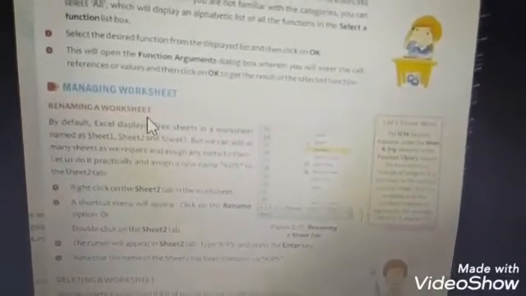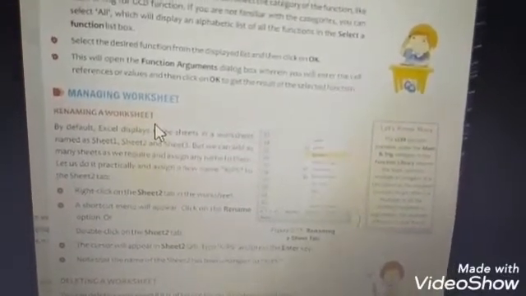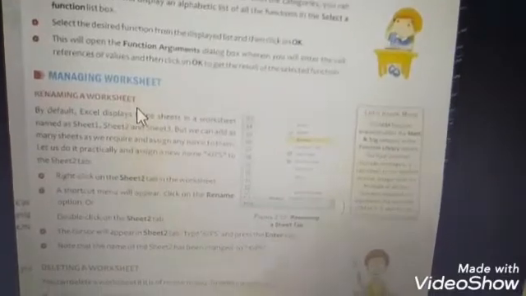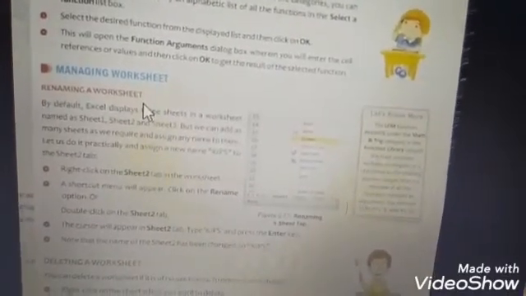Okay, you can manage the worksheet also. How can you manage the worksheet? You know an Excel file contains more than one sheet, sheet 1, sheet 2, sheet 3, like this. Managing means we can rename the worksheet, delete the worksheet, and change the color of the worksheet. Why do we need to rename a worksheet? The sheet names are sheet 1, sheet 2, sheet 3, but we don't know what the sheet contains. Suppose my sheet contains the personal details of a student, so I can rename it as personal.